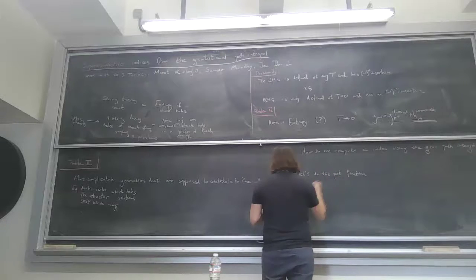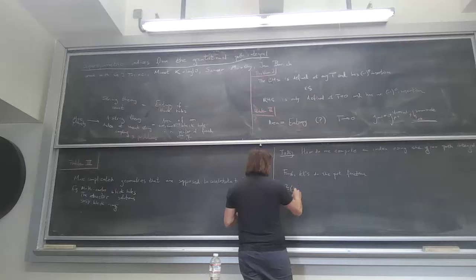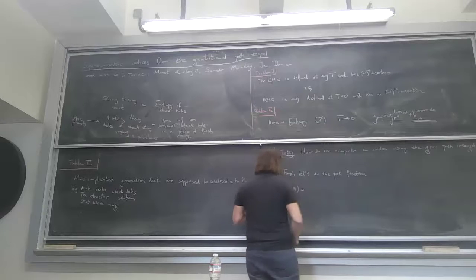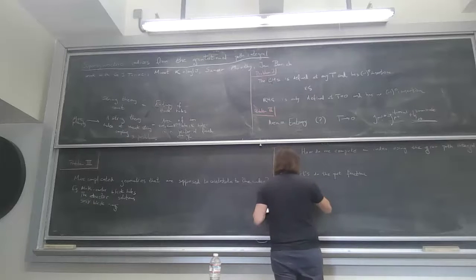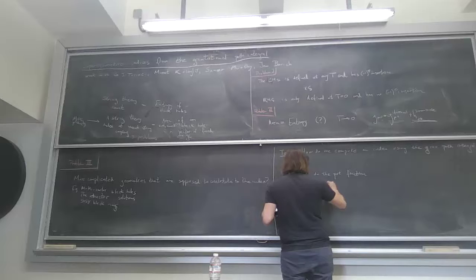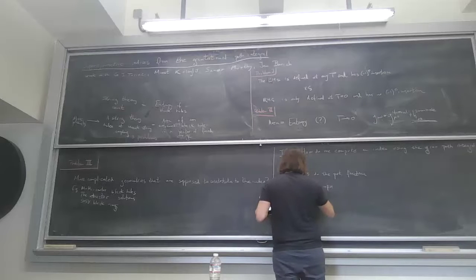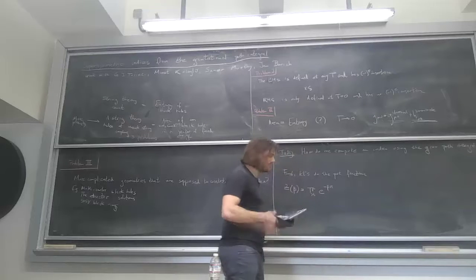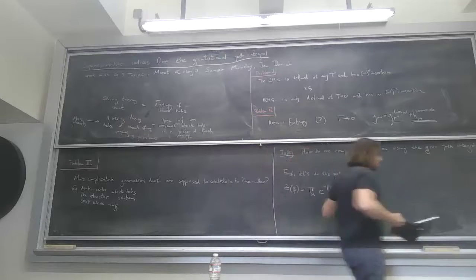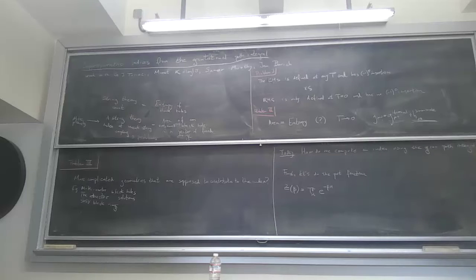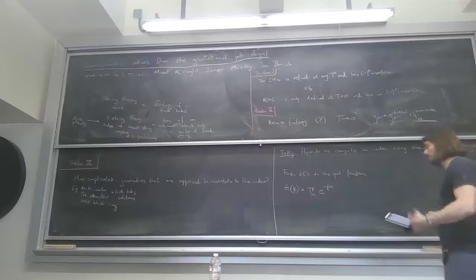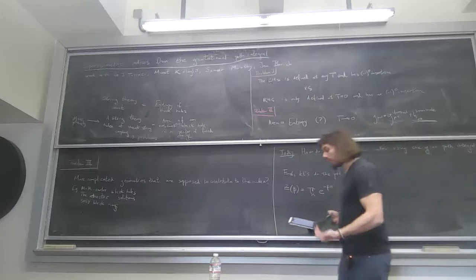So to compute the partition function, what we want to compute in a quantum mechanical system is Z of beta equals the trace over some Hilbert space of e to the minus beta H. And what we usually do to compute this at a path integral level is that we make the time circle in our field theory be periodic. So we work in Euclidean signature and make the time circle be periodic.